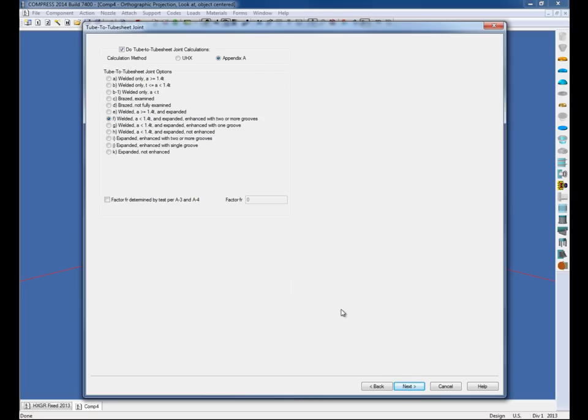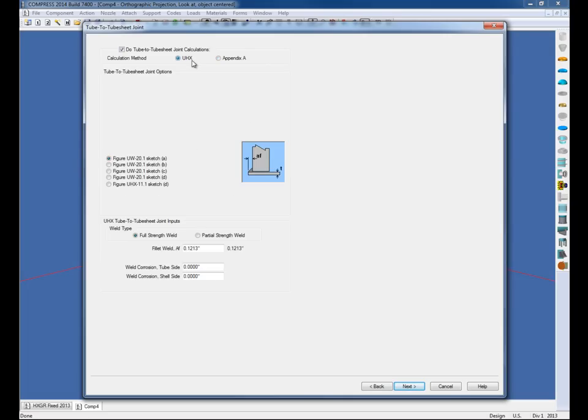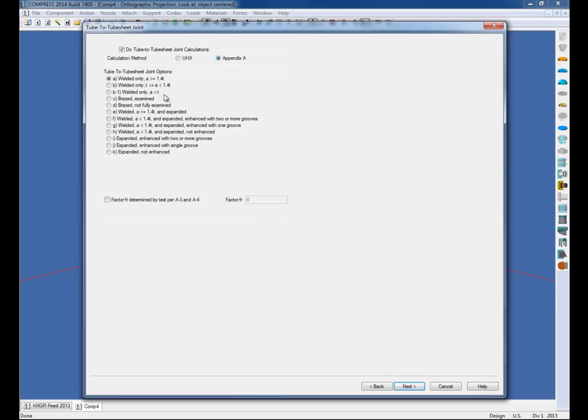And then we've got the tube-to-tube sheet joint calculations that we need to look up. Now we have both the Appendix A calculation method as well as the UHX. So if you decide to go with the UHX, we'll determine the fillet weld size for you based on the sketches that you choose, like so. Or you can choose to do an Appendix A analysis, and I'll take F right here. Okay, and keep in mind, as we're selecting these, we can always come back in and change these inputs afterwards as well. So what we'll do is we'll click next,